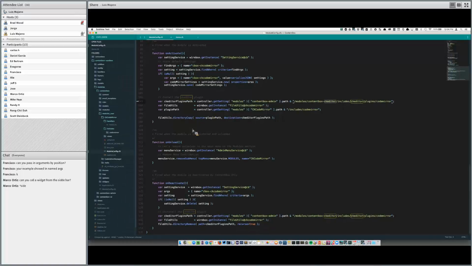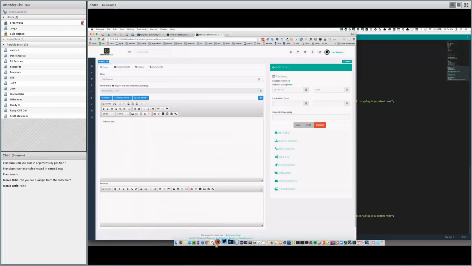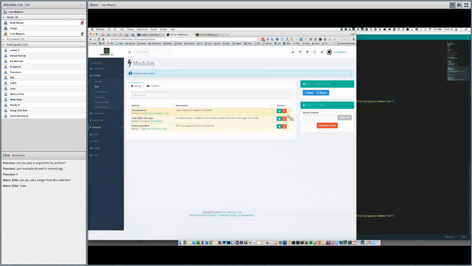Here it gets more funky. On activation, this means that when I activate this module for the very first time, what are we going to do? Okay? First of all, I grab an instance of the settings service and make sure that my settings are stored correctly. And then I actually talk to the ContentBox administrator and say, here is the path where the CK editor exists inside of ContentBox.